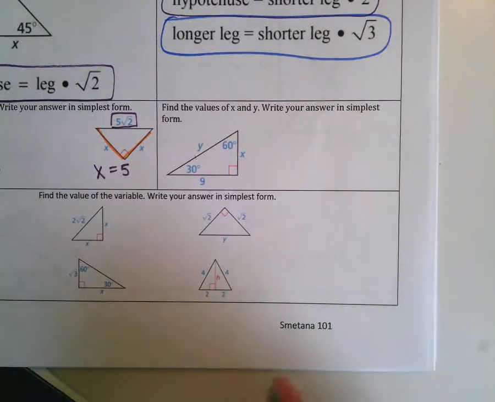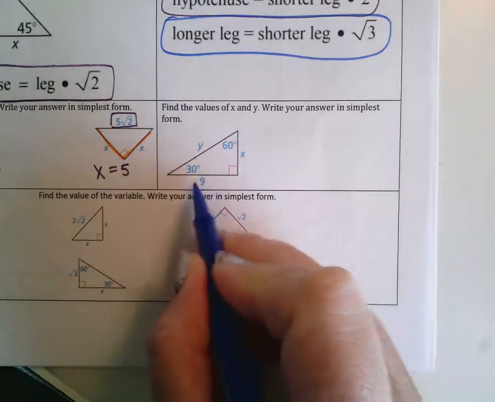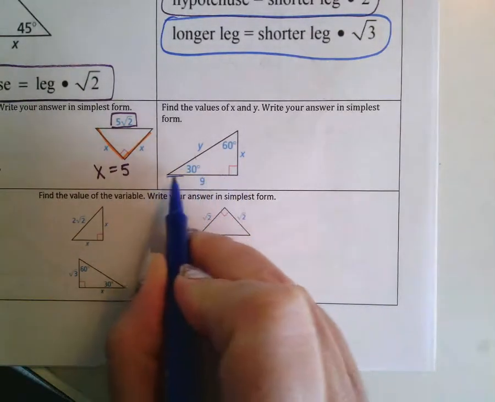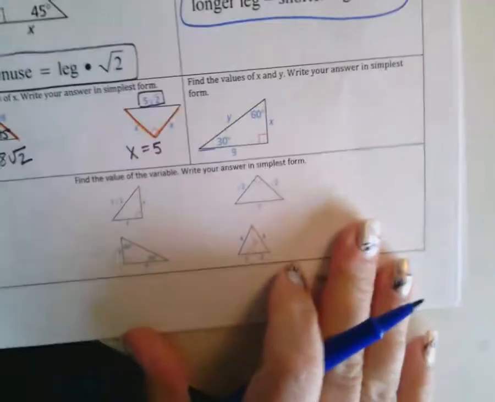Okay, so this one's a little different because I've got a 9 right here. And I told you this is the one that has 9 root 3, right? We just discussed that right up here. It has the root 3 with it because it's got the 30 degrees. So if that's the case,